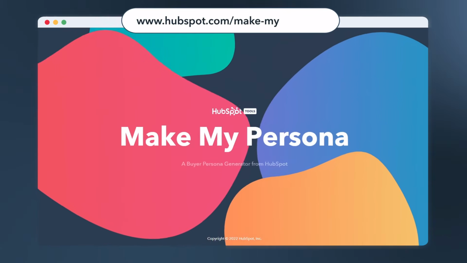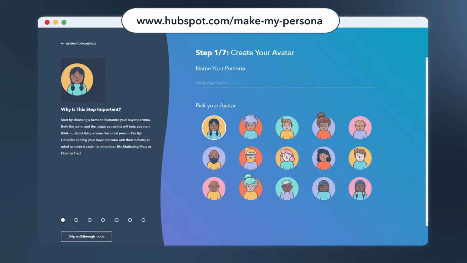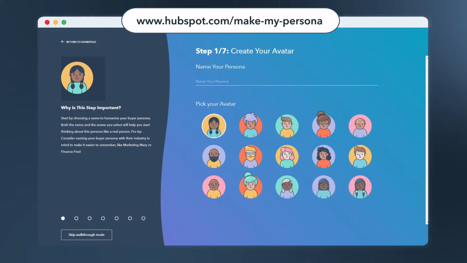The other critical step at the start of any customer journey is to choose your player. This is done by identifying a buyer persona to focus on for each map. If you're not certain of your company's buyer personas, start by checking any existing business plans or marketing documents that may already identify them. If no buyer personas exist, you can quickly generate them using HubSpot's free online persona generator tool. Now you're ready to press start.